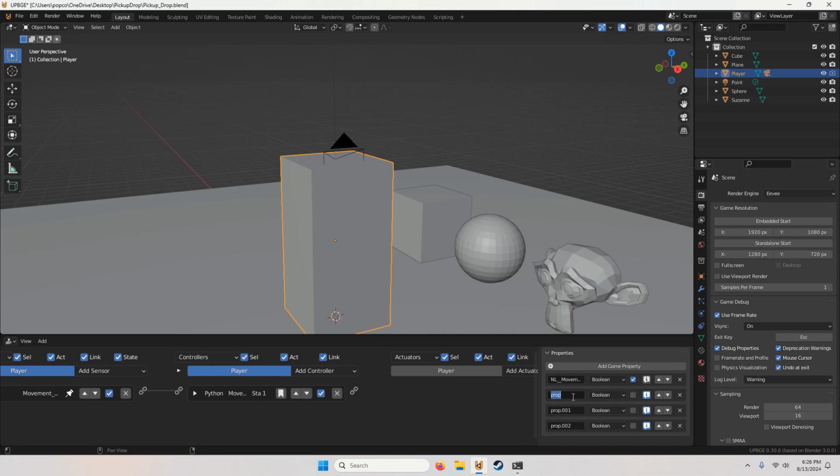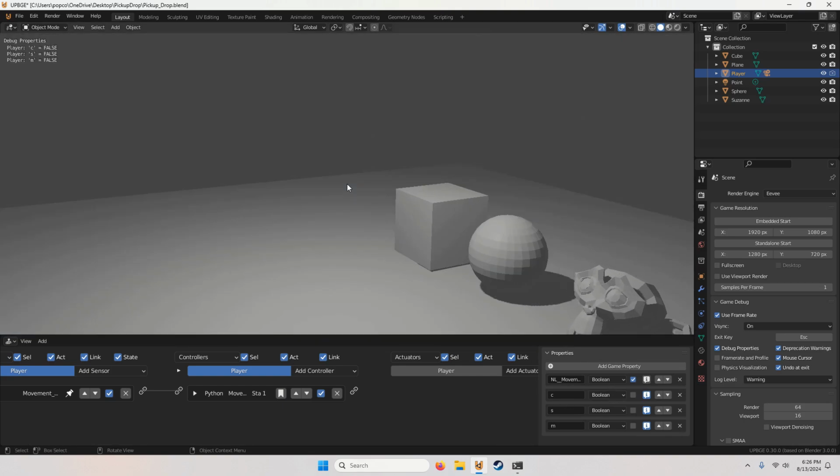I'm going to call the first property C for cube, S for sphere, and M for monkey. And as you can see in the top left corner, it says CSM equals false. We'll get to that later.